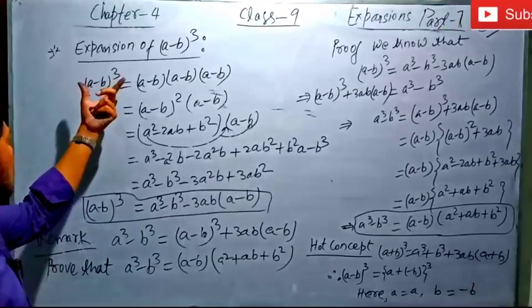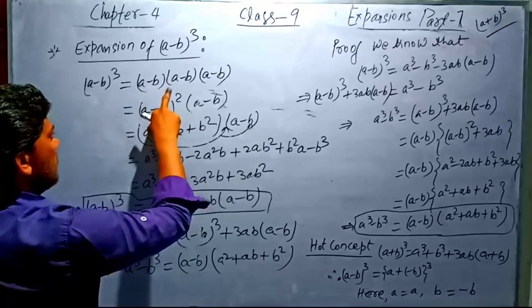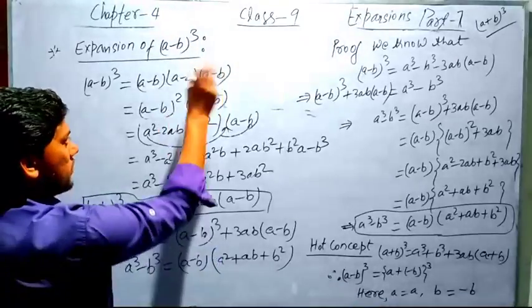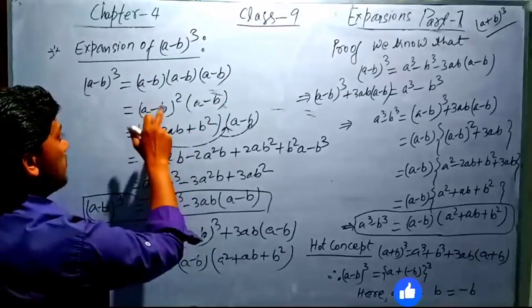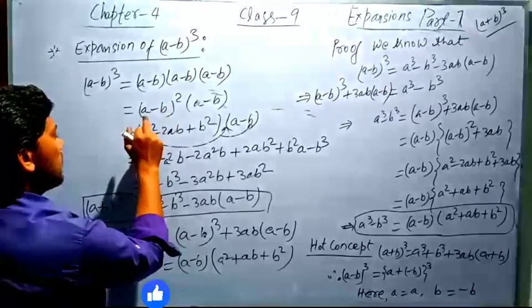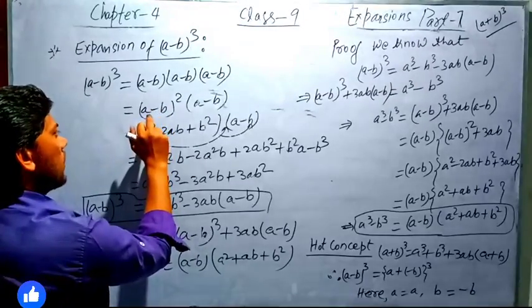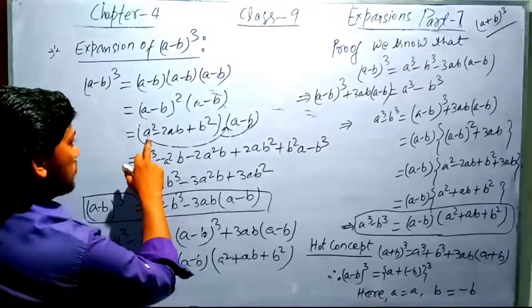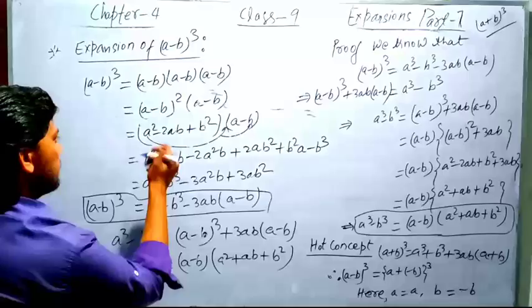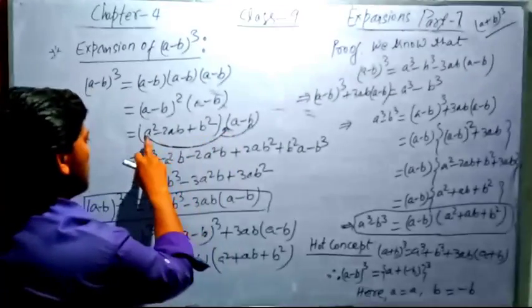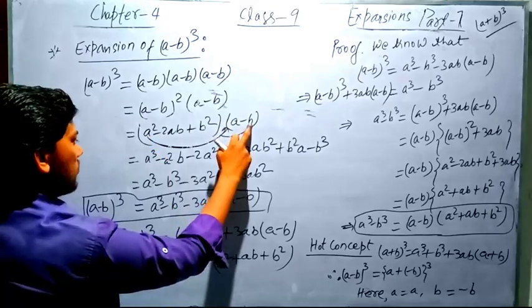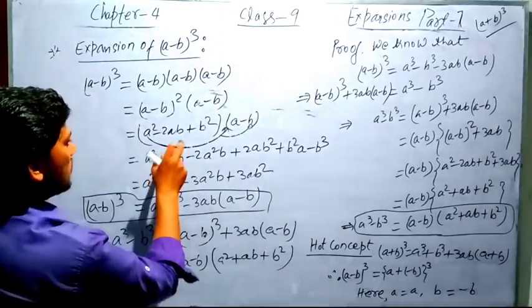(a minus b) to the whole cube can be written as (a minus b) into (a minus b) into (a minus b), that is, (a minus b) to the whole square into (a minus b). You know the formula for the whole square of (a minus b): a square minus 2ab plus b square, into (a minus b). Now find the product. a square into a is a cube, a square into minus b is minus a square b,